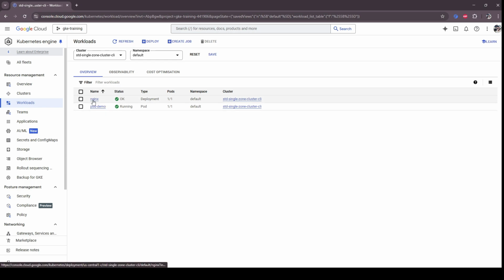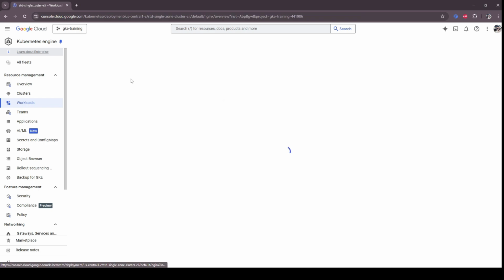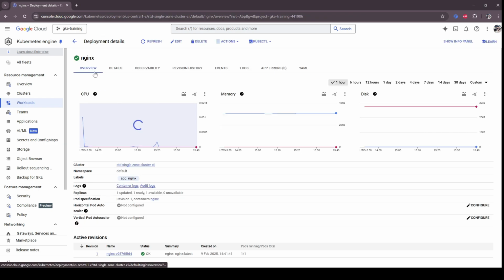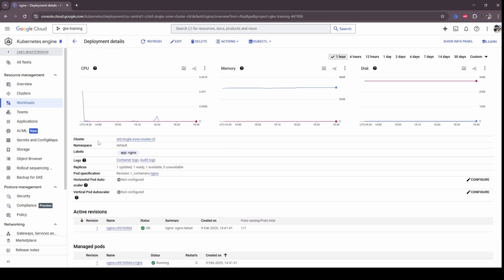So now coming back to our own deployed workloads, right? Let's say I have deployed a Nginx server here. I have set the replica to be one. So let's get into this. Here you will find the generic tabs, right? That you find for the Kubernetes GKE nodes. So you'll have an overview where you can see the metrics utilized for this specific deployment,